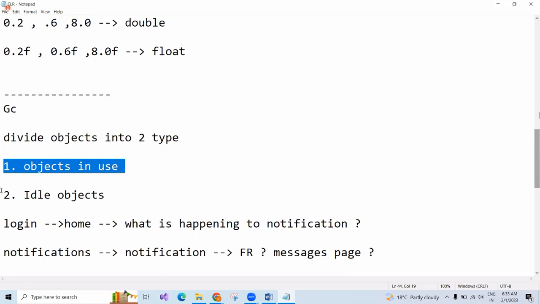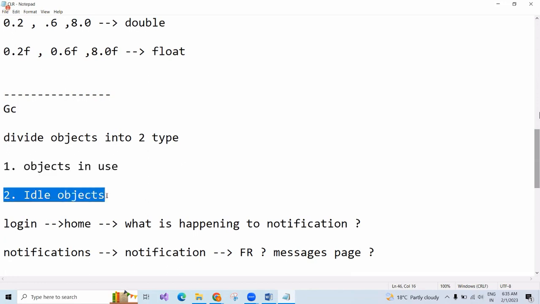And it won't allocate memory to idle objects. What are idle objects? Simply, those are objects we require in our application, but if we are not currently using them, they are in inactive mode. So we still need those objects, but in the current situation, for example, if we are working on some scenario and for that scenario we don't need those objects, then we don't need to allocate memory for them.